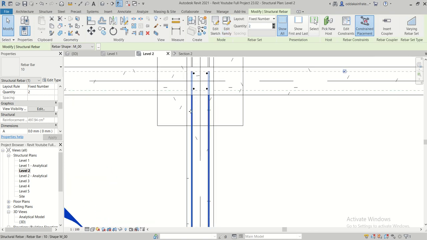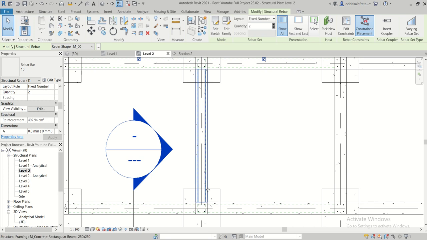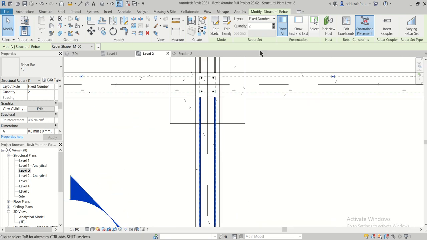and here as you can see the problem is it's moving to the corners because it doesn't know that we have 2 more bars in between. So what we can do is we can just change it to another option, to minimum clear spacing.